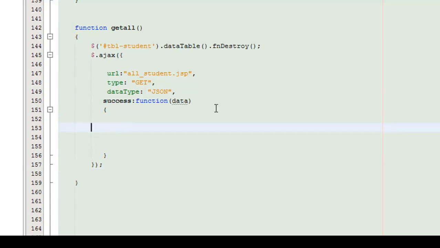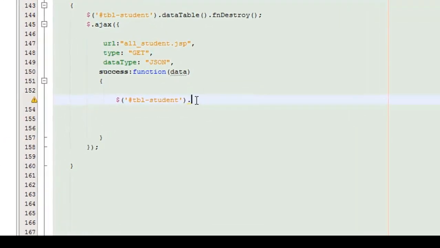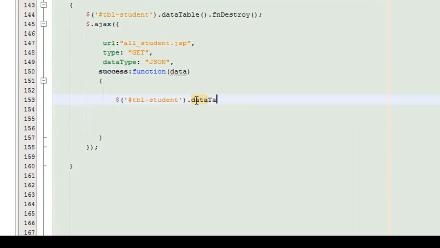Now inside the success function, I am going to write first the table, the same thing, Control C to copy, Control V to paste here. After that dot dataTable, open and close bracket, you have to close it, right? Press enter key, right? Inside here